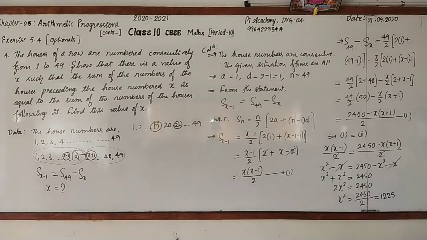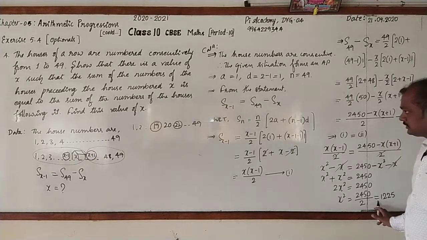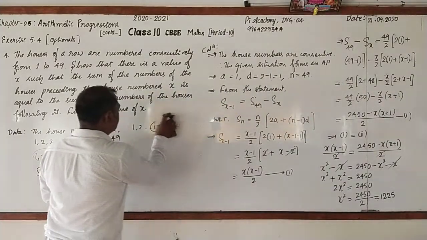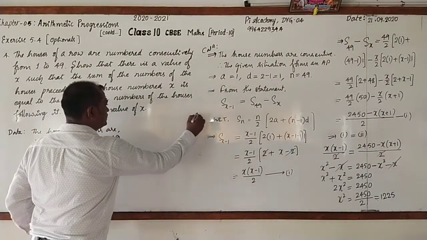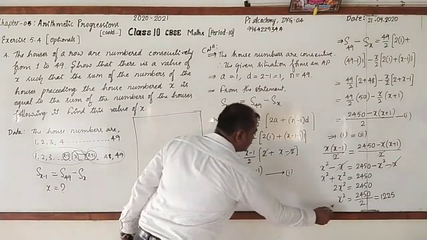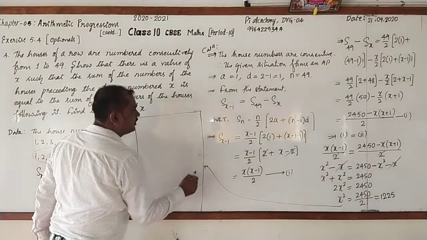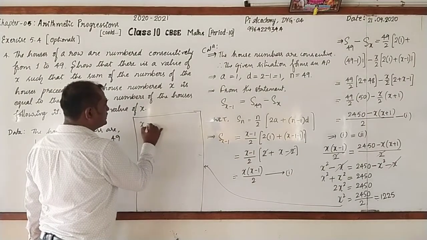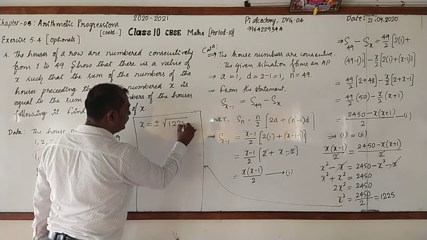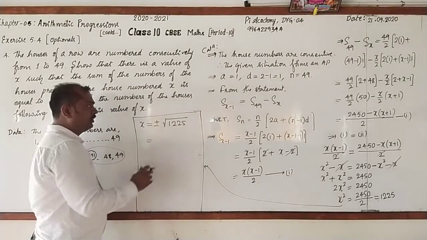We got 1225. So let me write that here. Here I am going to write. See that, I make it a separate box for that because I don't have space there. We can write x is equal to plus or minus square root of 1225, which is equal to plus or